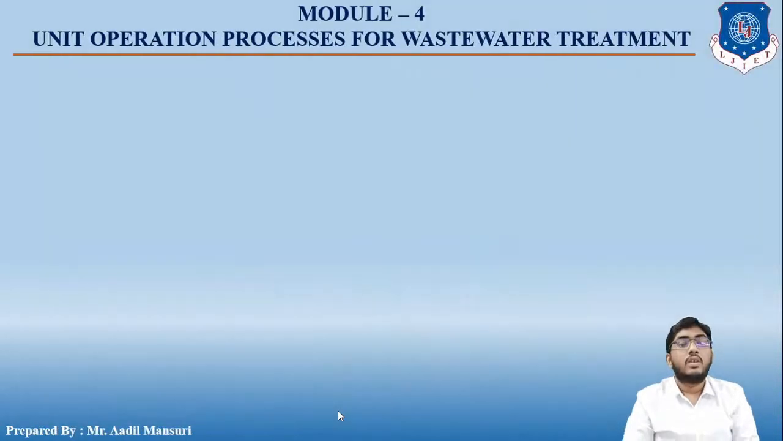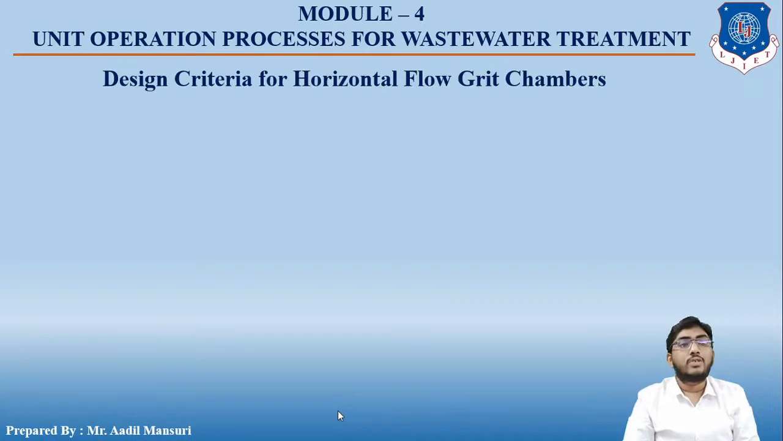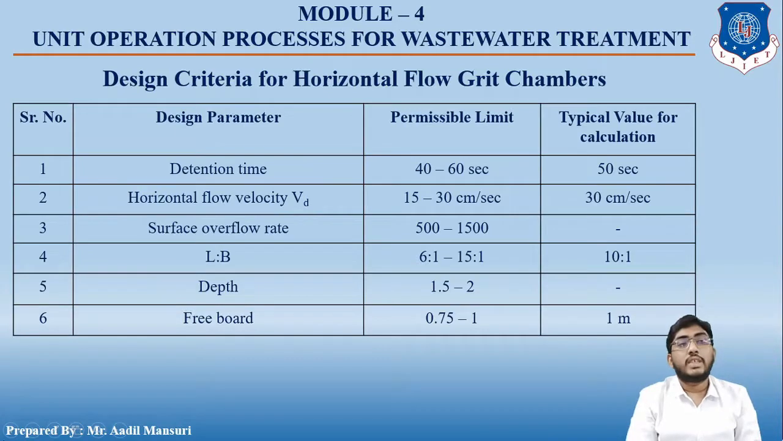Okay. So let us now move towards the next topic, that is design criteria for horizontal flow grit chambers. As you can see from the table, the second column is the design parameters, third column is the permissible limit, and the last column is the typical value for calculation. So let us start with the first parameter, that is the detention time. Detention time is the time between the entry and exit of a particular particle in a particular treatment unit. So it is usually in between 40 to 60 seconds,